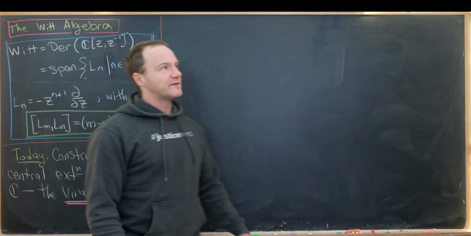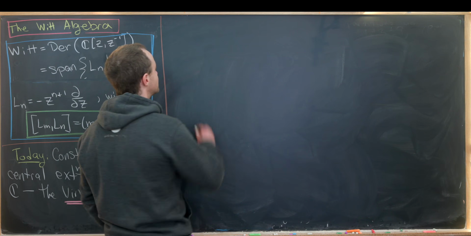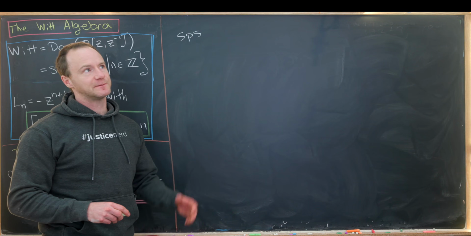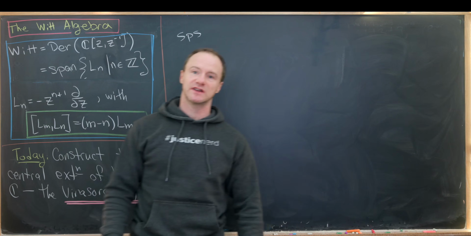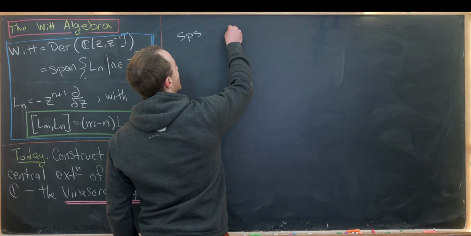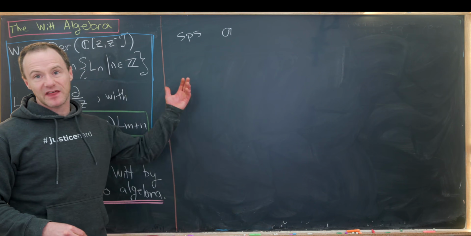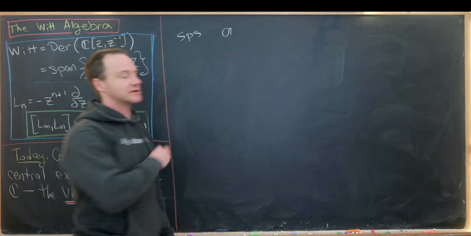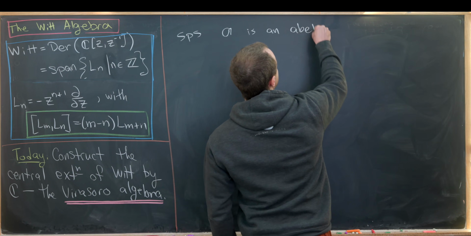Okay, so we first need to talk about what central extensions are. So let's suppose that we have an abelian Lie algebra. It's important that it's abelian for this to be a central extension. Otherwise, it's just an extension. So we'll call our abelian Lie algebra A, but I'll use this mathfrak font, so it looks kind of funny, but that's kind of standard. So let's suppose A is an abelian